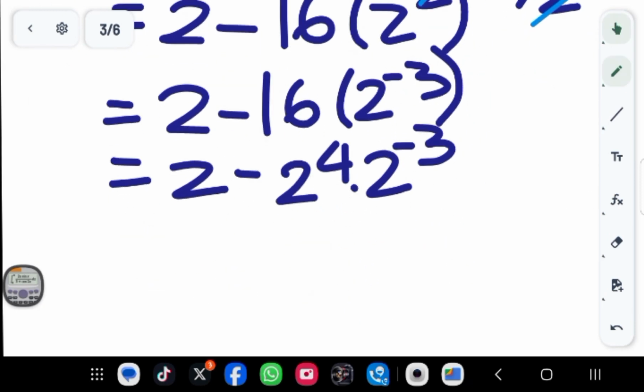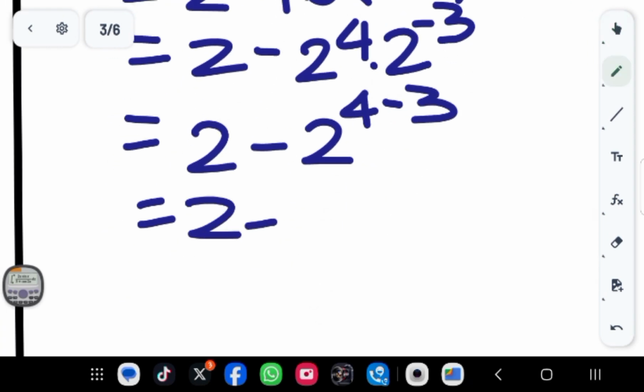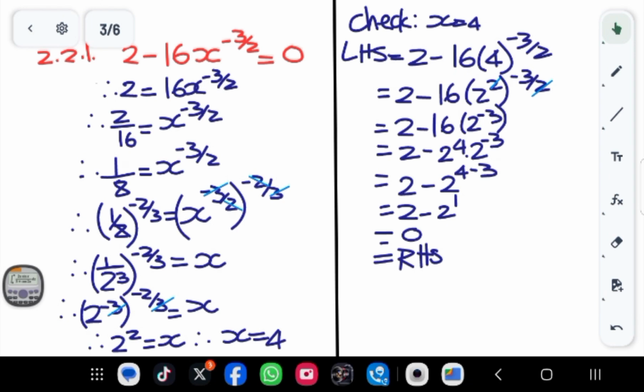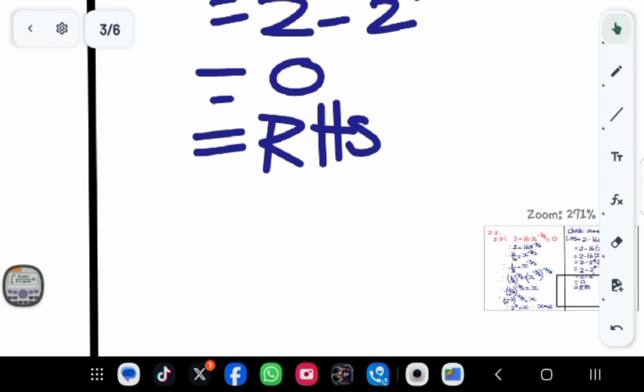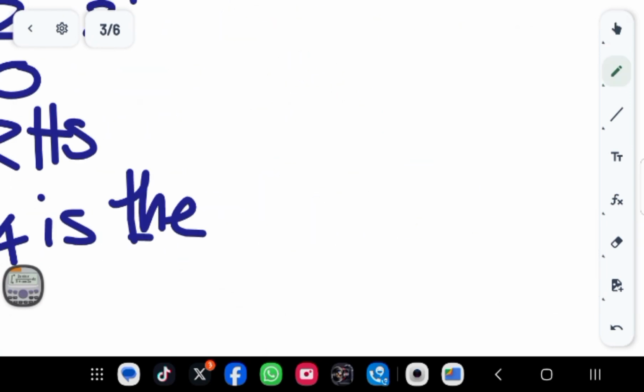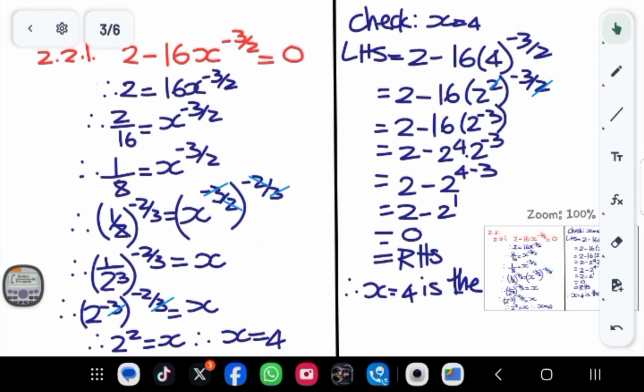When we multiply powers of the same base, we add the exponents. So that will be 2 to the power of 4 minus 3, which leaves us with 2 minus 2 to the power of 1, which is 2 minus 2, and that is 0. So therefore, which is equal to the right hand side. It's equal to the right hand side. Therefore, x equals 4 is the solution. And that's how you check. Next question,